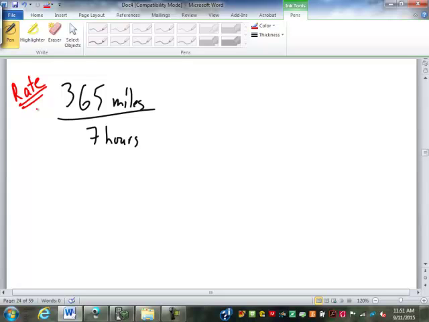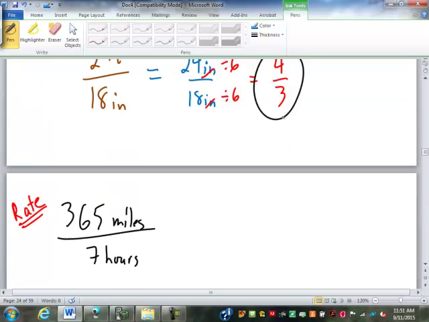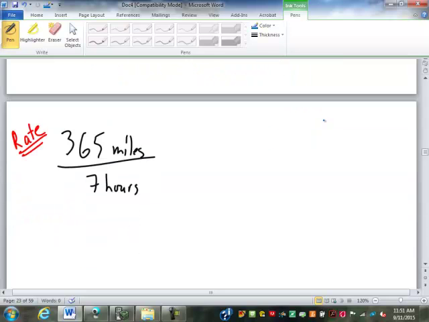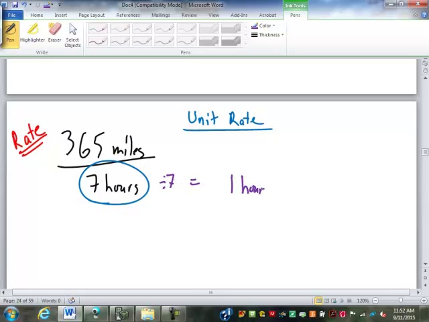So the first big difference between a ratio and a rate is that a rate compares two things with different labels or different names. The second big difference is that a ratio we tend to just reduce down like this, 4 to 3, as far as we can, but we don't get into fractions or decimals. Rates are almost always reduced to what we call a unit rate. What that means is the bottom number gets reduced to 1, or we divide by that bottom number. So we divide by 7 here to get 1 hour. We divide by 7 up here to get